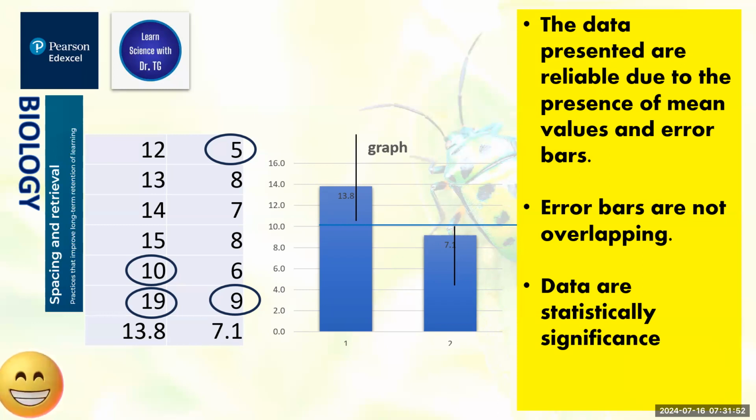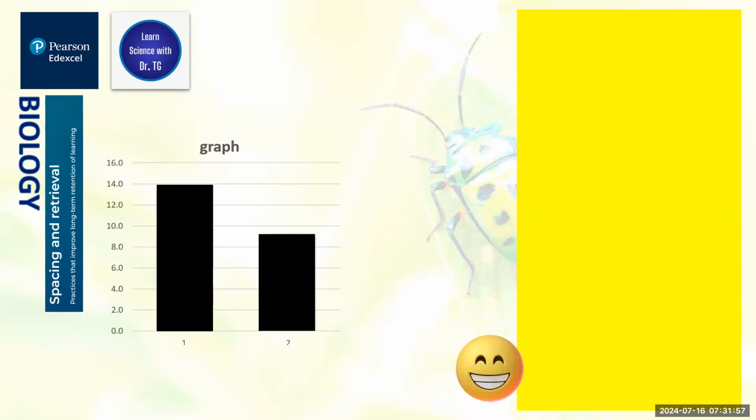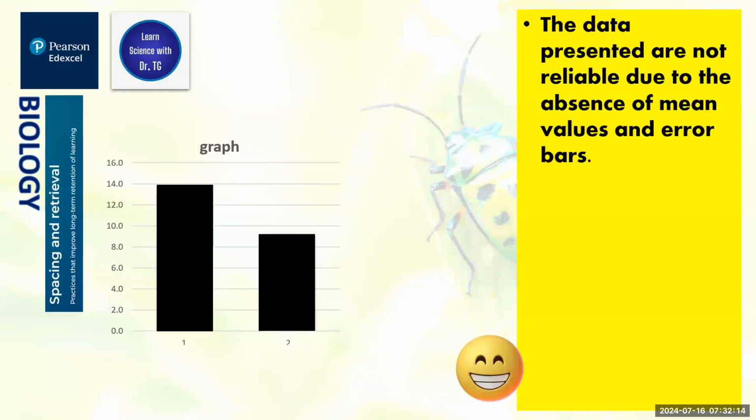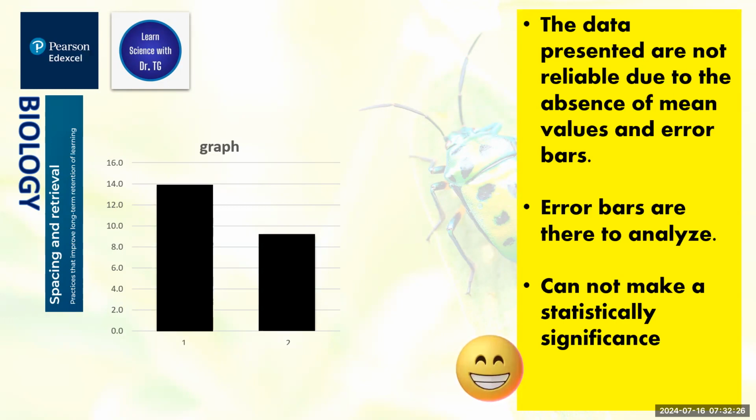The third and last scenario, we can have a graph like this. When you have a graph like this, we don't see anything. We don't know whether this is a mean value or one value. We don't know whether this is repeated or not. And we don't know statistically anything about this graph. In that case, you should also say the data presented are not reliable due to the absence of mean value and error bar. And the second thing you write: error bars are not there to analyze, so we cannot make any statistical significance. So these are the three scenarios you get when you're going to analyze data